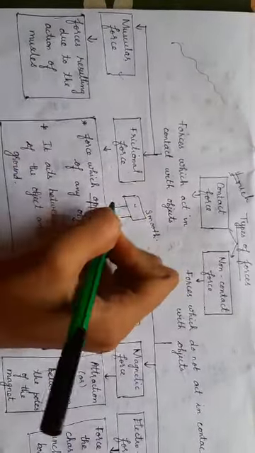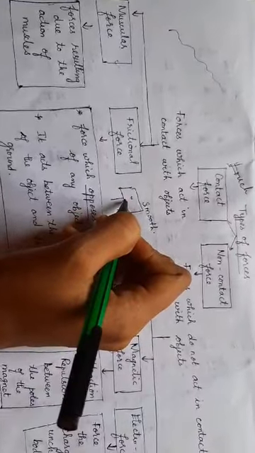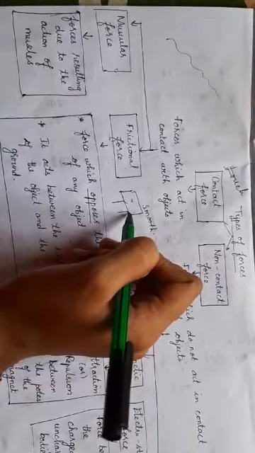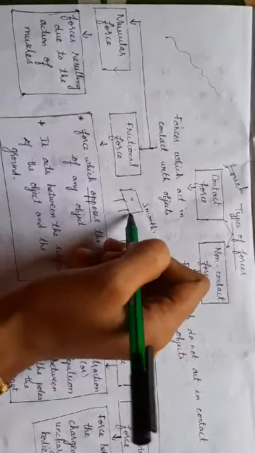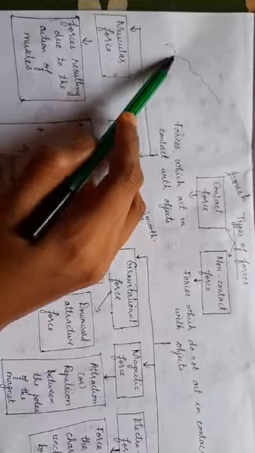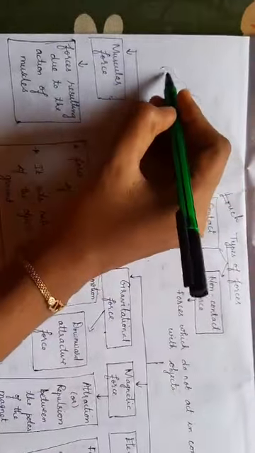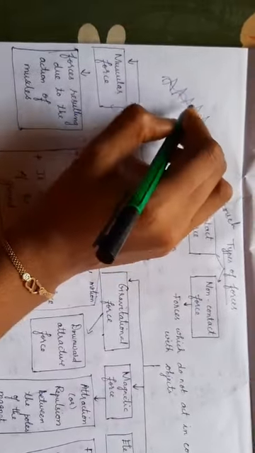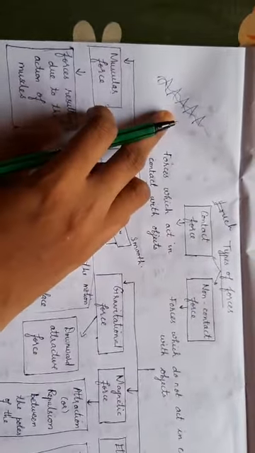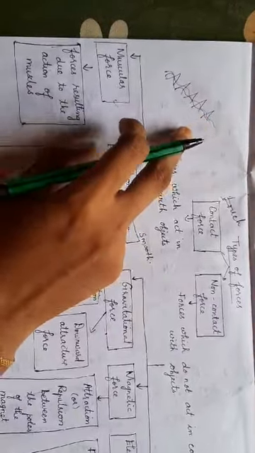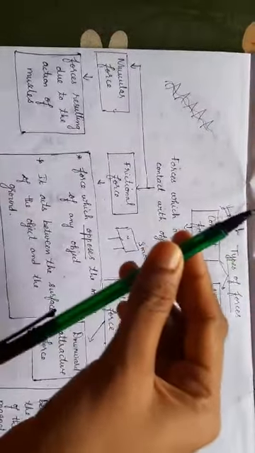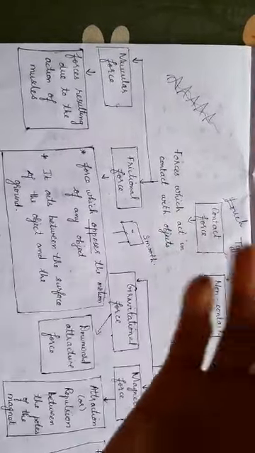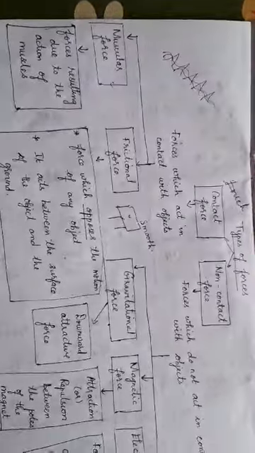Yes or no? Because the desk is made up of wood. Is wood a smooth object? No. After some polishing and furnishing work is done, I get the smoothness of the desk. Initially the wood will have some irregularities on the surface, like some peaks or some kind of damage on the surface of the wood. If I want to hold any object firmly, there should be friction. If there is no friction, all the objects will slide down.